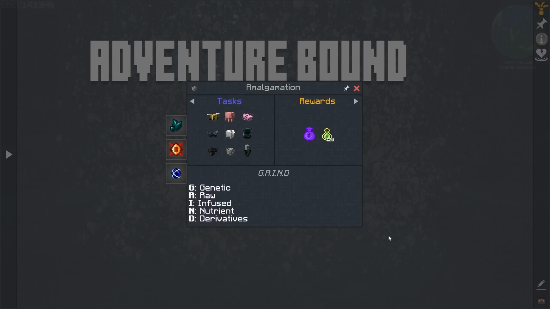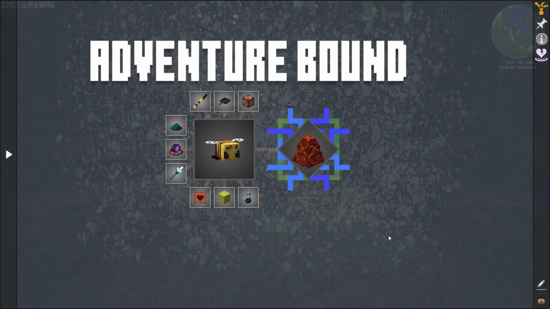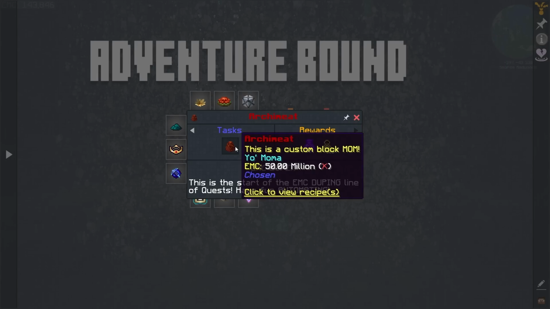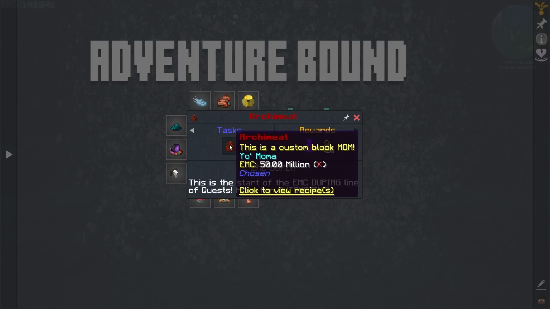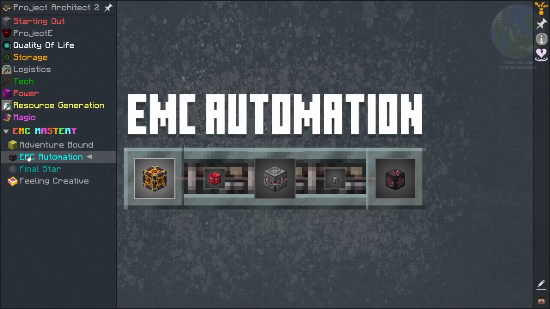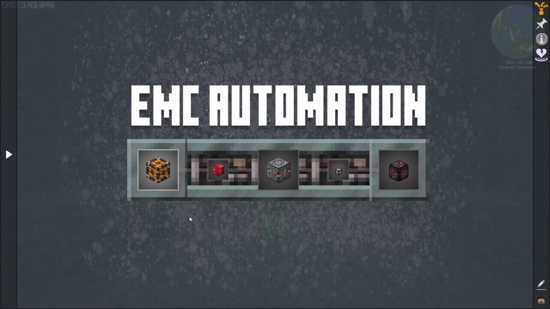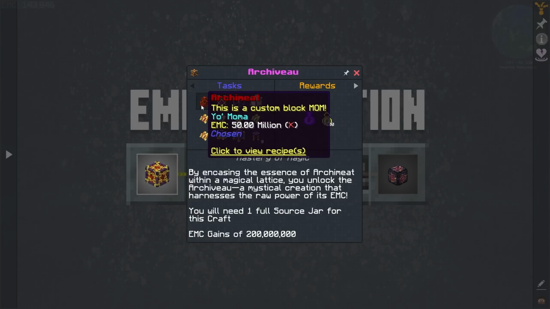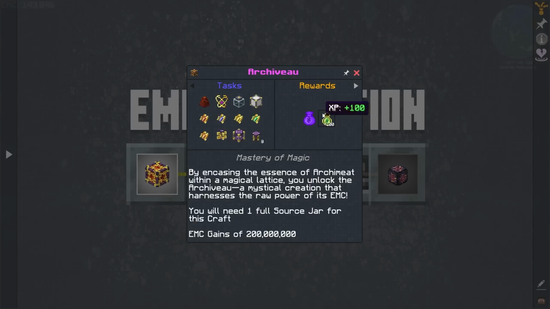You then just have to worry about how you're going to obtain the EMC for them. Then you can use that to convert it into Archie meat. And then in that process, this is actually going to be a little bit of an EMC gain. It's small, but it's going to be enough to get you started in the EMC automation stage. And this EMC automation stage is where things get wild. So you are going to need to take the Archie meat and convert that